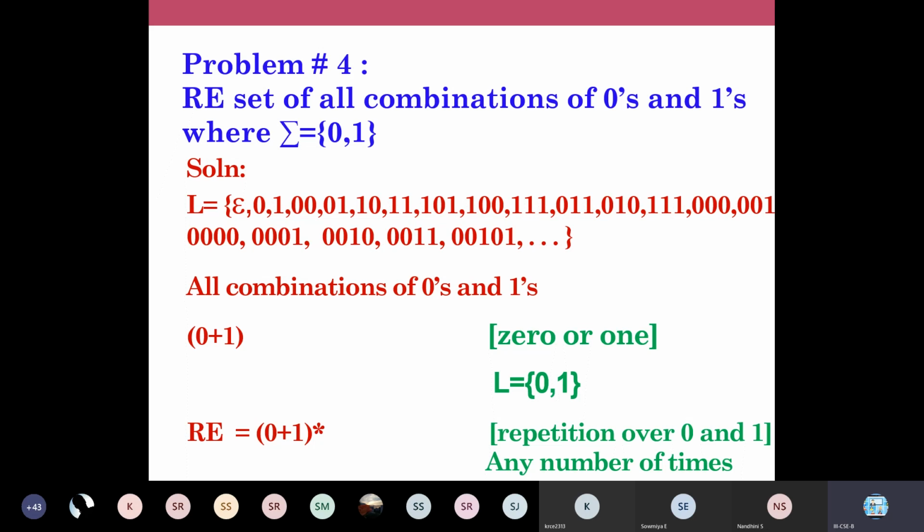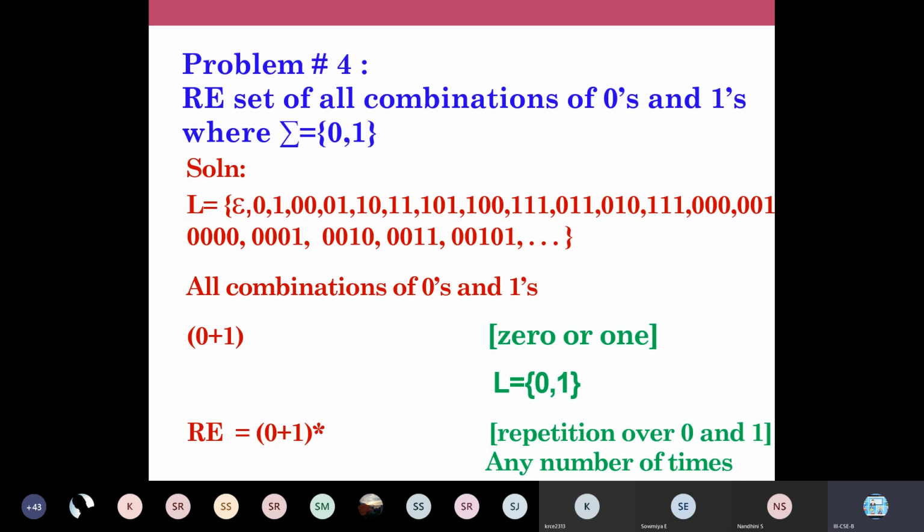Okay. So in that case, I'm going to place a star as the power, so that it will apply all combinations. So one time I'll take this 0. Next time I'll take this 1. Next time I'll take the 1 or 0. It is our wish. It depends on your string. Okay, so we'll take a sample here, because you should understand why we are using 0 plus 1 star. I'll pick out a sample string here. You take this string, 3 zeros followed by 1. We have a string in your language called 0001. Okay, we'll analyze how this string is accepted by your regular expression.